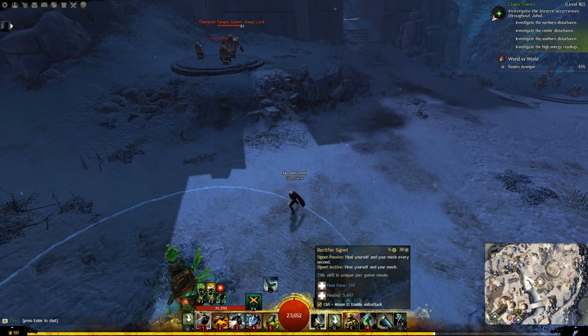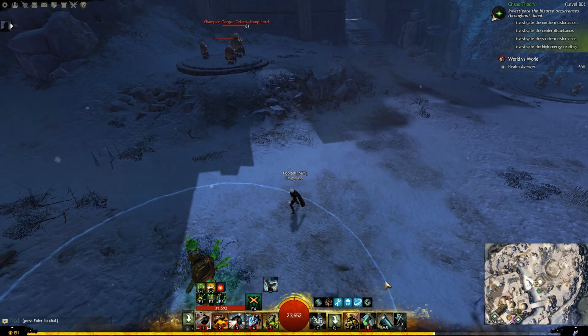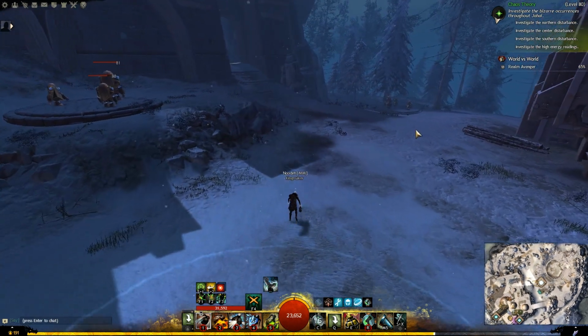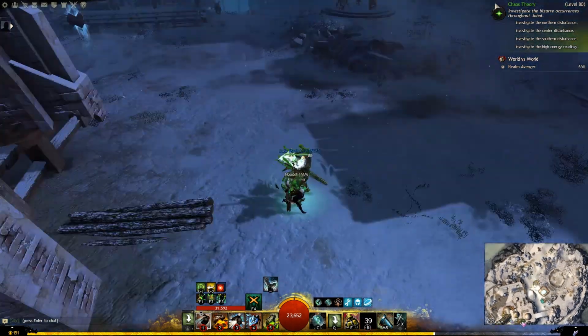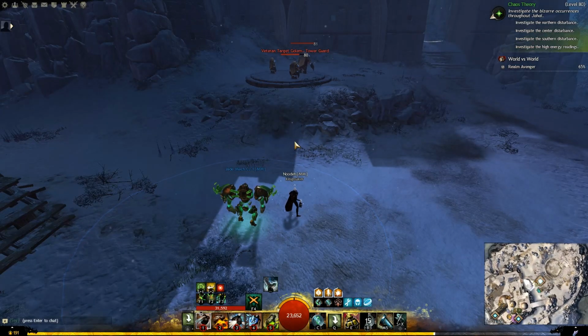So not only do you have a permanent passive heal, but you've also got access to 5.7k burst heal whenever you need. And then likewise with the Shadow Step, if you use this, you've still got the passive movement speed increase. So now that we've gone through all the gear and all the traits,